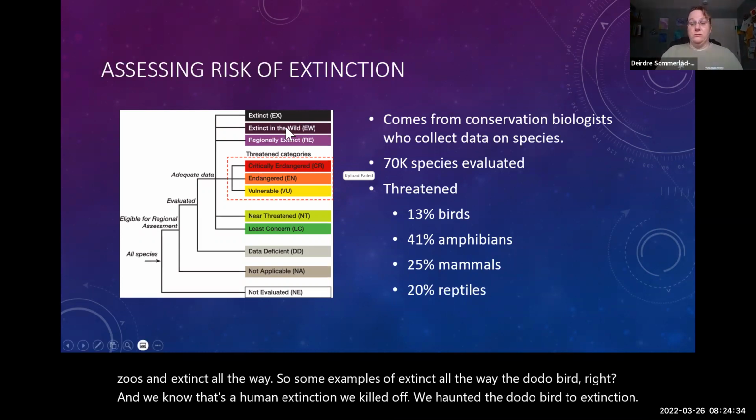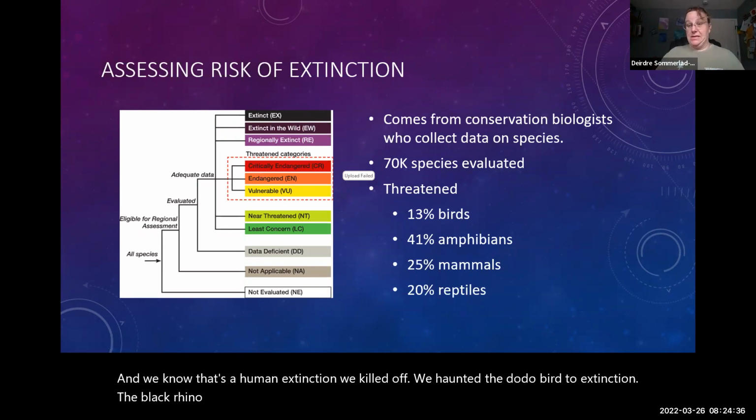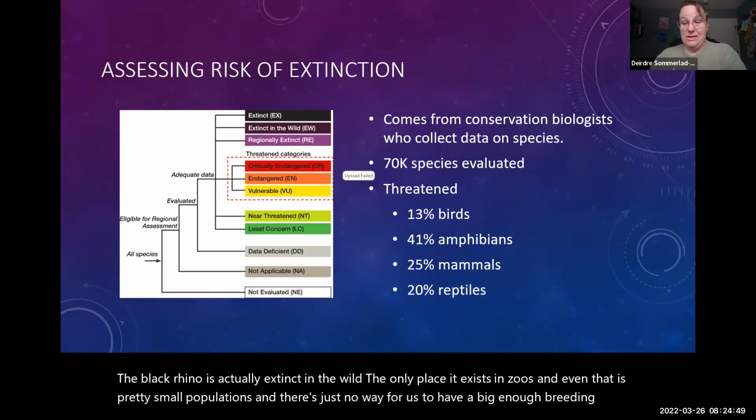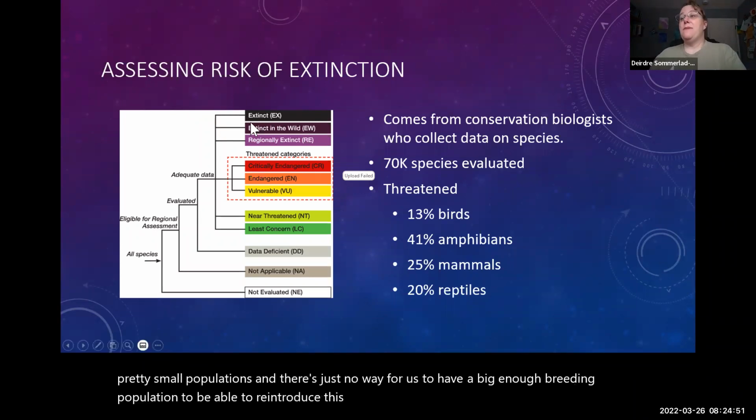The black rhino is actually extinct in the wild. The only place it exists is in zoos, and even that is pretty small populations. And there's just no way for us to have a big enough breeding population to be able to reintroduce this into the wild. So in many ways, this